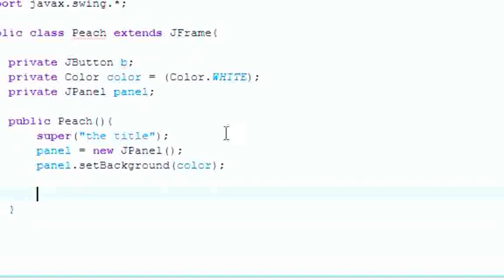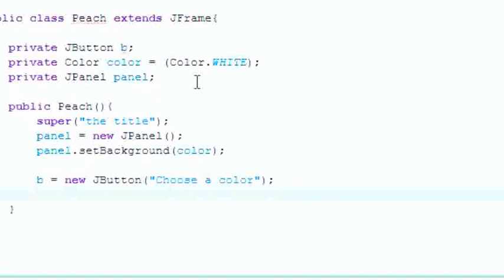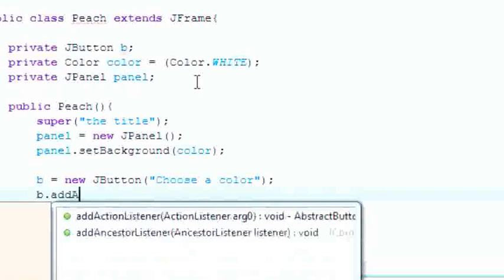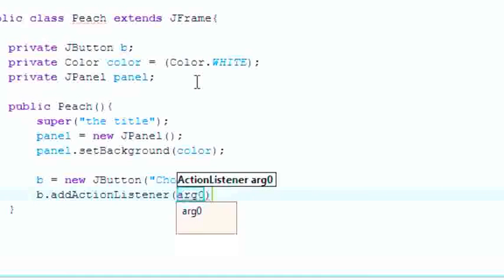So now let's go ahead and add our button to the screen. So b equals new JButton. For the text on our button, let's just put choose a color, because when they click the button they're going to need to choose a color. So now we can add some functionality to this. So b.addActionListener right there,